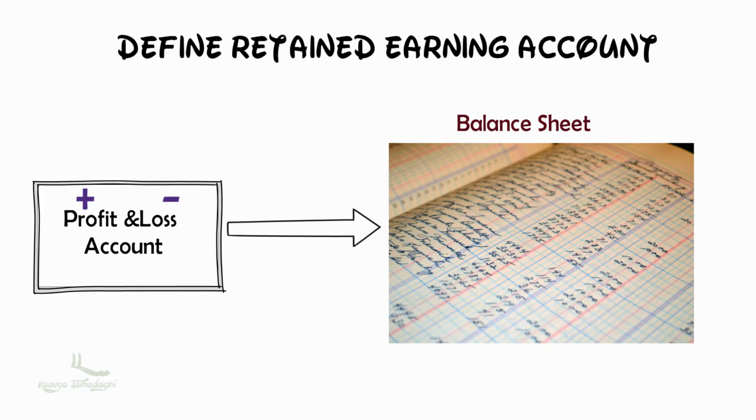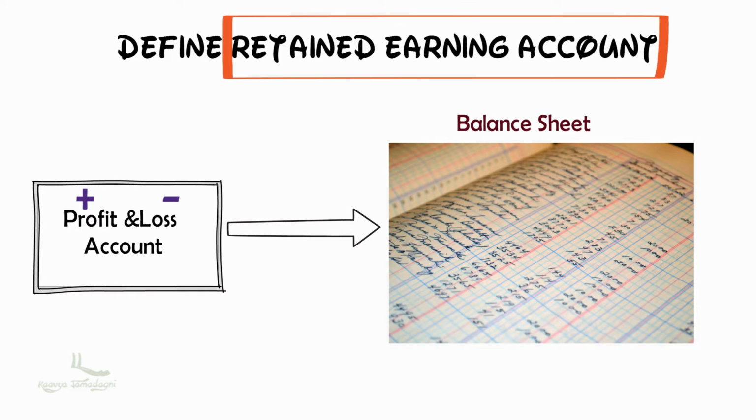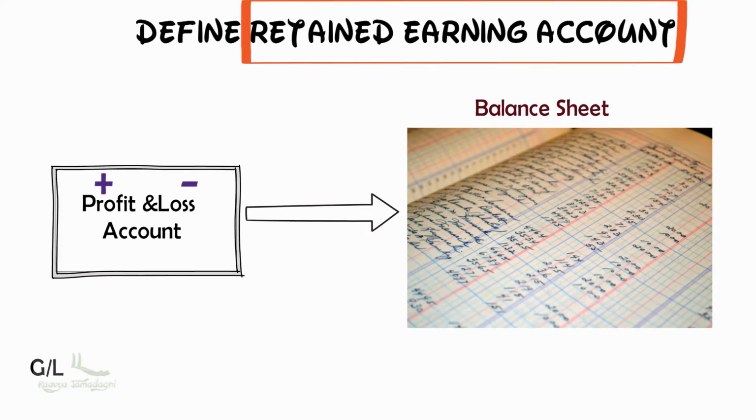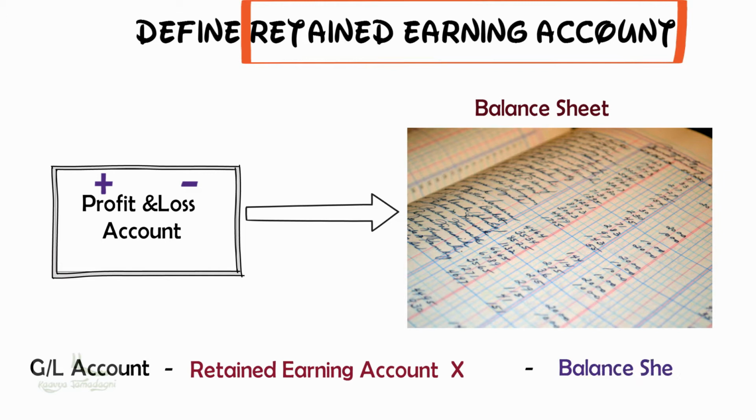So to transfer the balance, what we use? We use defined retained earning account in SAP. During the configuration of retained earning account, I'll enter my GL account against the retained earning account. Let's say I give the retained earning account number as X. When I'm transferring the balances of all the GL accounts, the system will automatically calculate whether the credit side is more or the debit side is more.